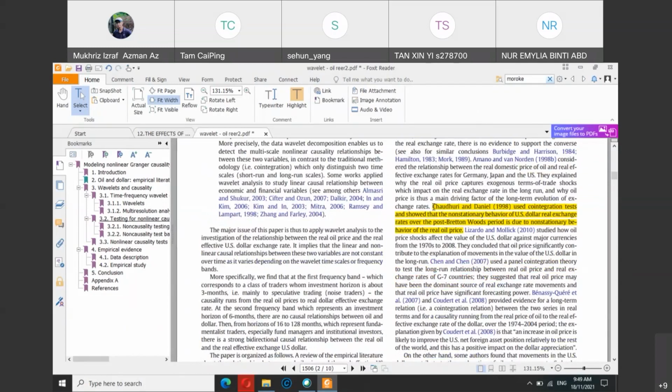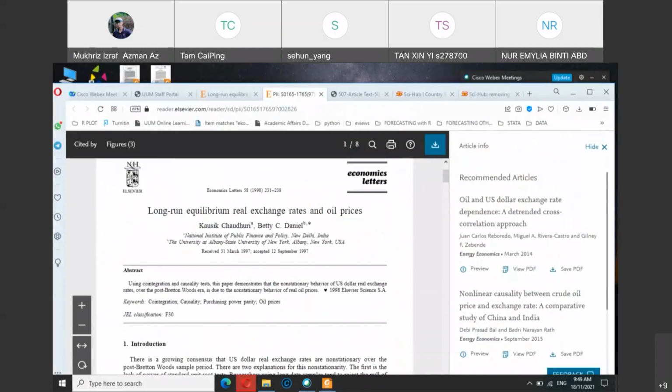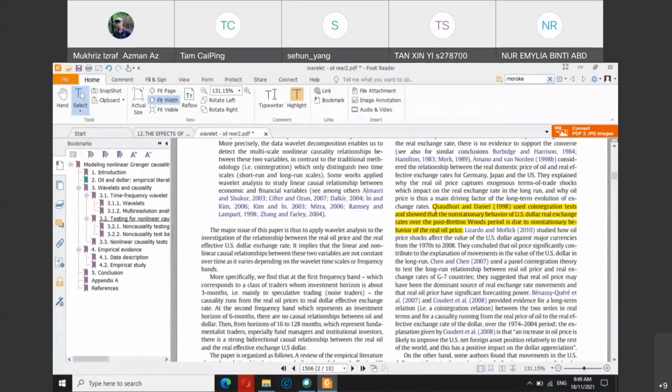But your own thesis is usually much longer. So you can write longer, meaning that if you want to refer to Chowdhury and Daniel, 1998, you can have maybe another 2 or 3 lines written about Chowdhury and Daniel, meaning that you can have more information. That information must come from the original article, because you cannot know it just by reading this journal article, since it only summarized 3 or 4 lines.